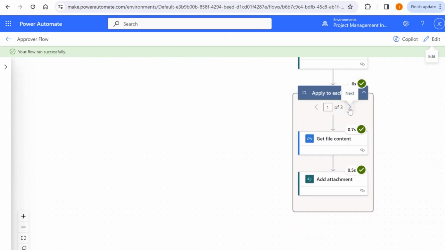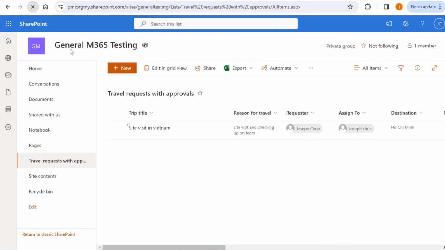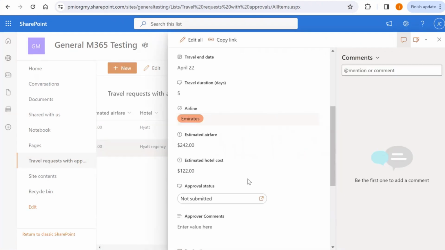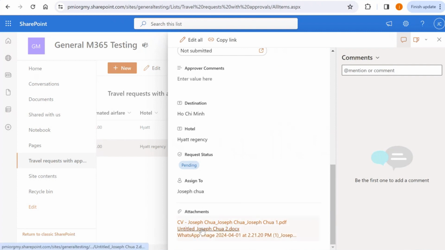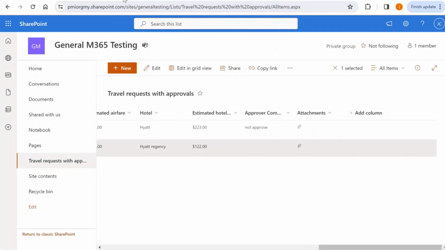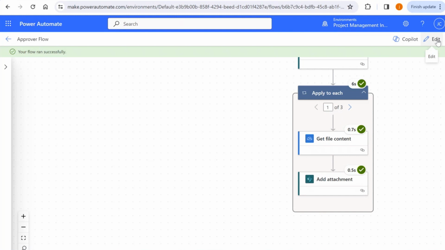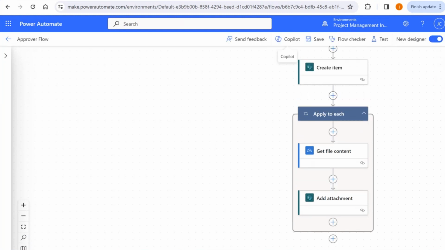Okay, so it did capture correctly. It runs through the cycle again and captures 3 attachments inside. So let's see if it really did capture inside the SharePoint list. We open back the SharePoint list and refresh it. There you go. The 3 items, and yep, all 3 items are now inside. Going back. Now we need to